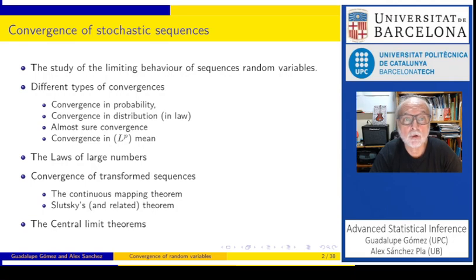In this video we are going to start by discussing the difference between ordinary convergences of sequences of functions and convergences of random variables. We are going to continue with the distinct types of convergences. We will talk of one important case of convergence in probability or almost sure, which is the laws of large numbers, which are in the basis of statistics. We will comment about what happens when we transform converged sequences, in which cases they converge and in which way, and we will end with the central limit theorem.